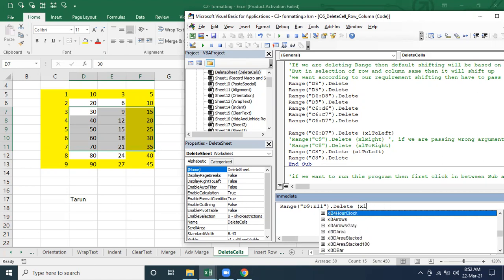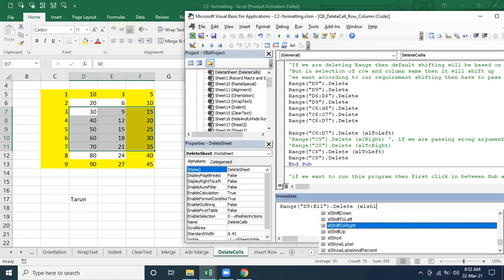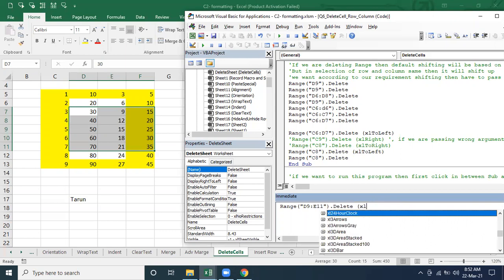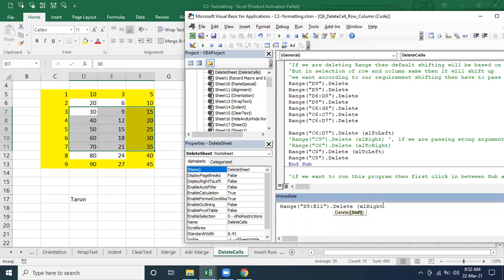So for the shifting, it should be maybe shift to right. Don't pick a random one, right? Try to get the perfect one, whatever is there. So maybe it will work. Let me pick it here. Either it's going to throw an error or it's going to work out. I don't know exactly. Let's see.